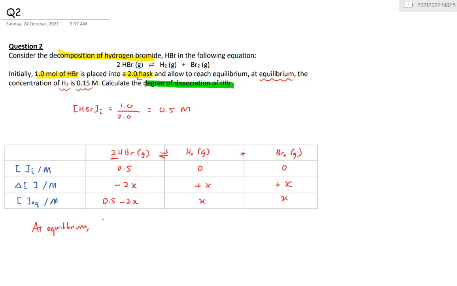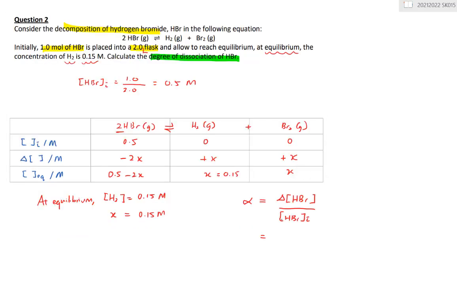So in the question, it says that at equilibrium, the concentration of H2 equals 0.15 molar, which means the x value is also equal to 0.15. So if you fill in the blanks over here, you will see x equals 0.15. So now you have figured out the value of x. Next, we want to calculate the degree of dissociation of HBr. So the degree of dissociation formula is equal to the change in concentration. In this case, we want to find the change in HBr